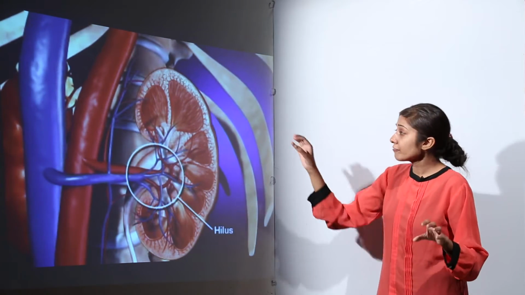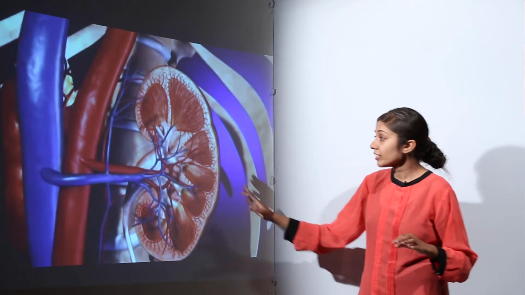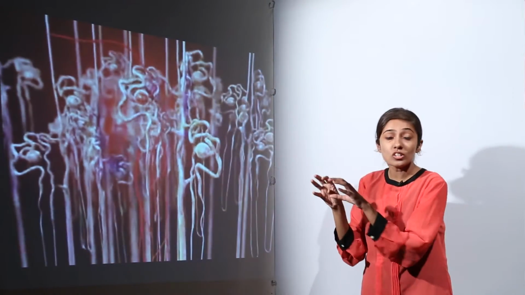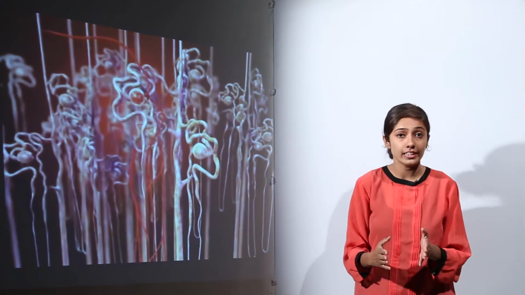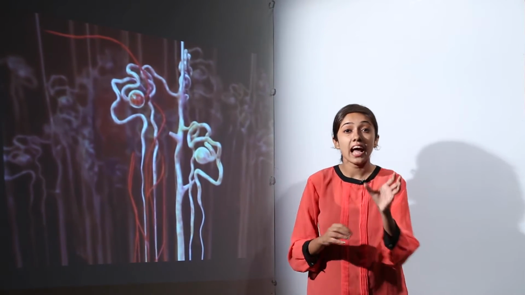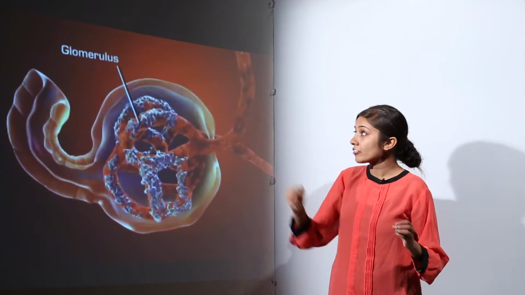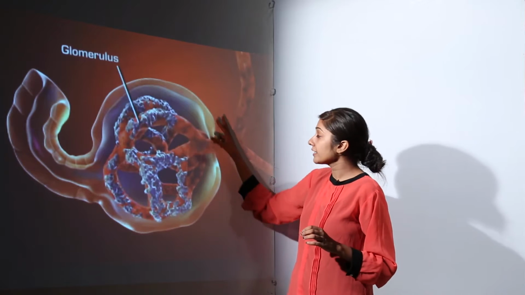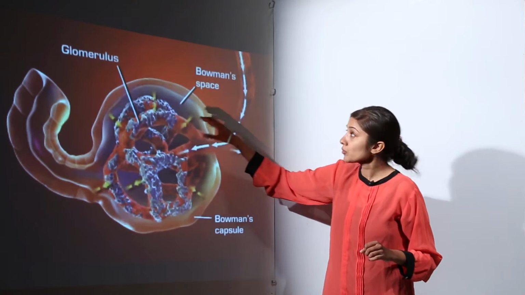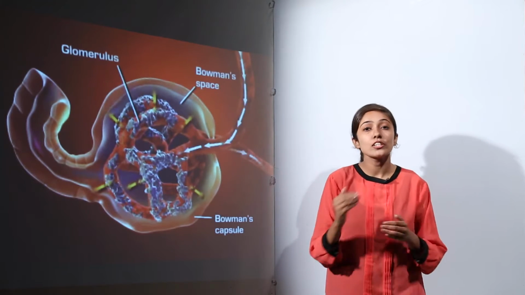Now as we concern with the internal structure, there is a fissure which we call the hilus, where these arteries join. Then in the kidneys we have lobules. These lobules contain millions of the functional units of kidneys that we call nephrons. These nephrons are composed of the glomerulus and the tubular part. The glomerulus contains a network of arterioles, and it is surrounded by a double layered cup shaped structure that we call Bowman's capsule, and there is a space inside it which we call the Bowman space. So blood enters here, and here filtration takes place.